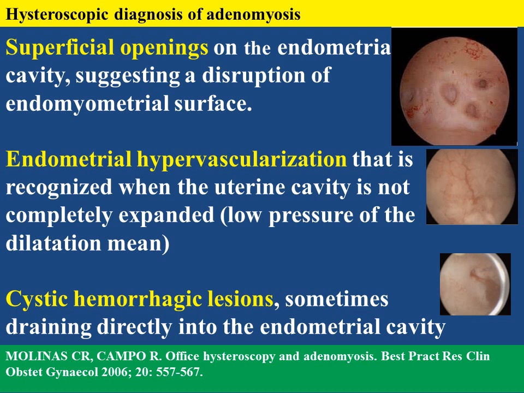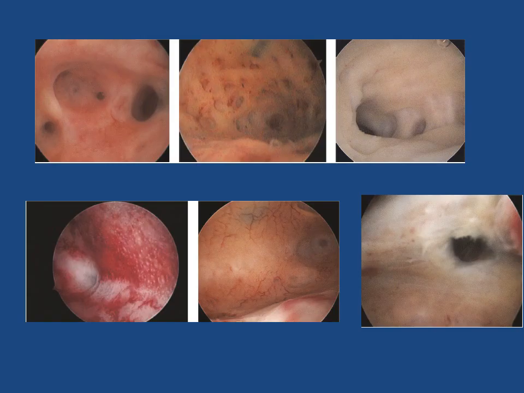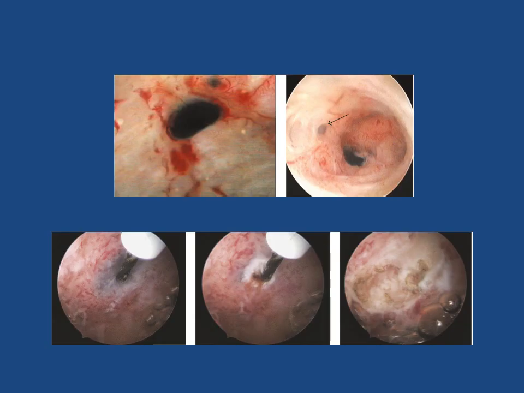the uterine cavity a little bit, and you can see cystic hemorrhagic lesions bulging inside the endometrial cavity, and sometimes you can open these lesions as seen in these pictures. You can open them by a microneedle to drain the hemorrhagic content of these cystic lesions. All these possibilities are guided by a